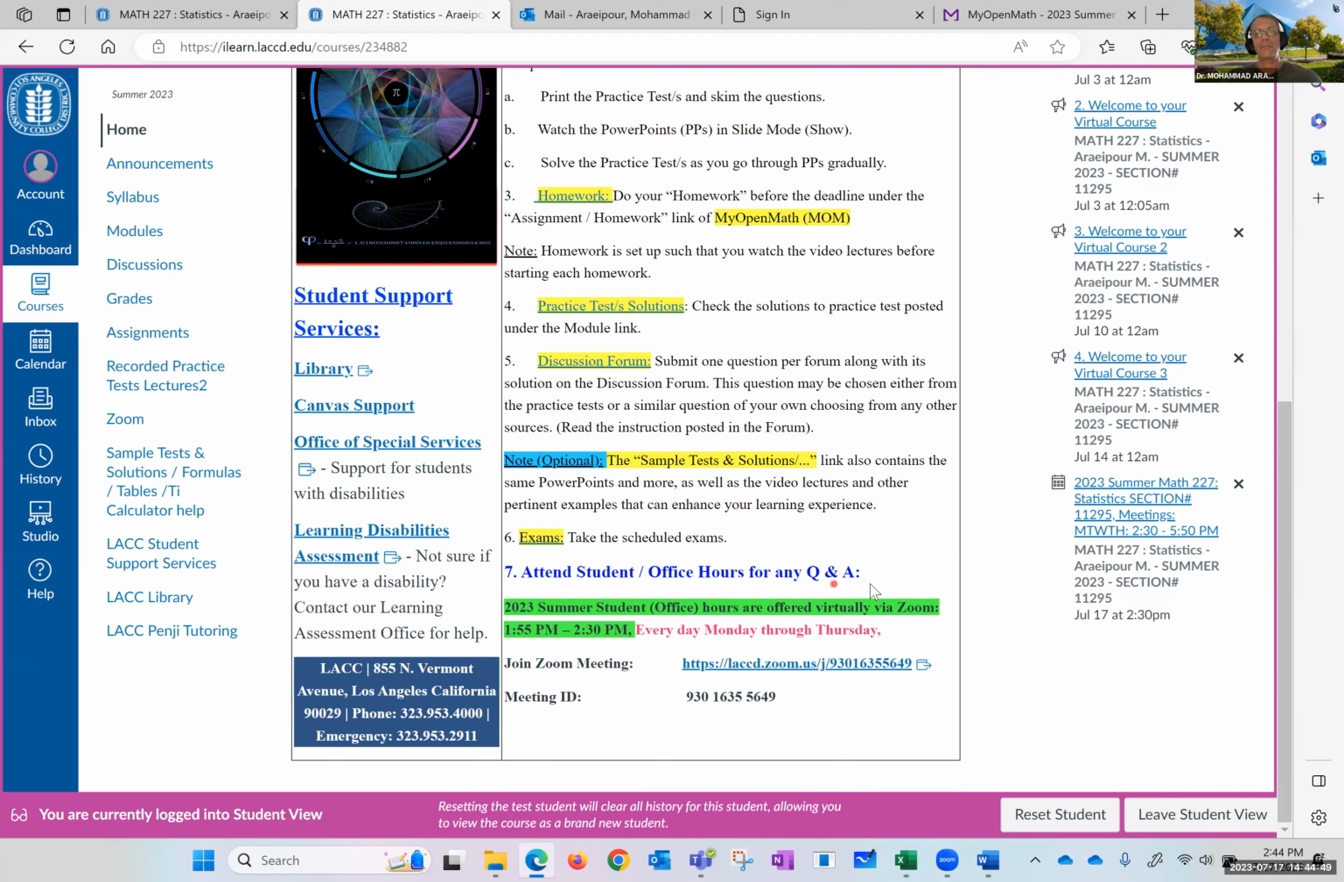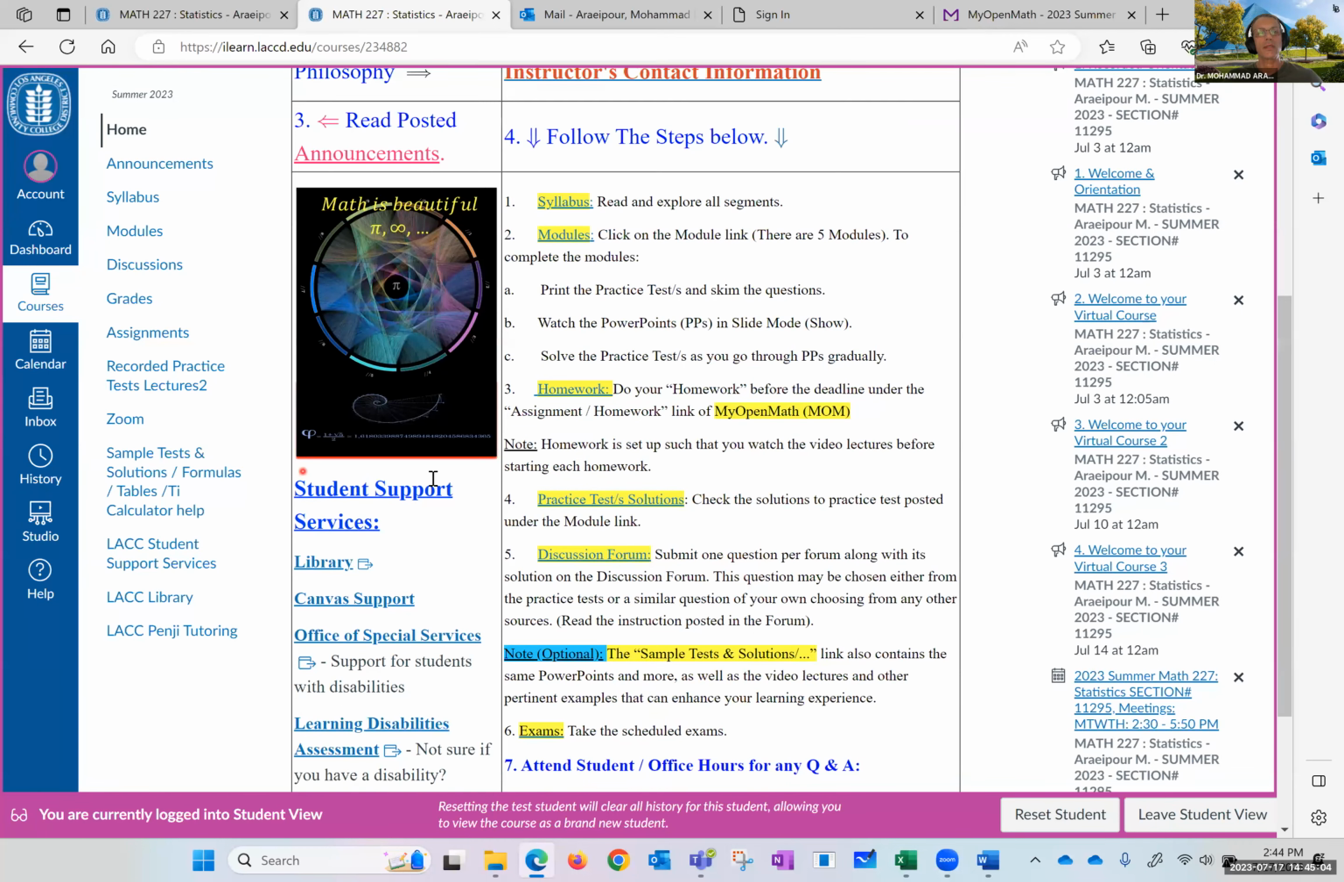And the office hours, we don't want to mix them up with the class hours. Class hours can be found under the Zoom. This is the office hours right before the class. So again, the class hours are right under the Zoom, you should be able to find it. And so going back to the home page,